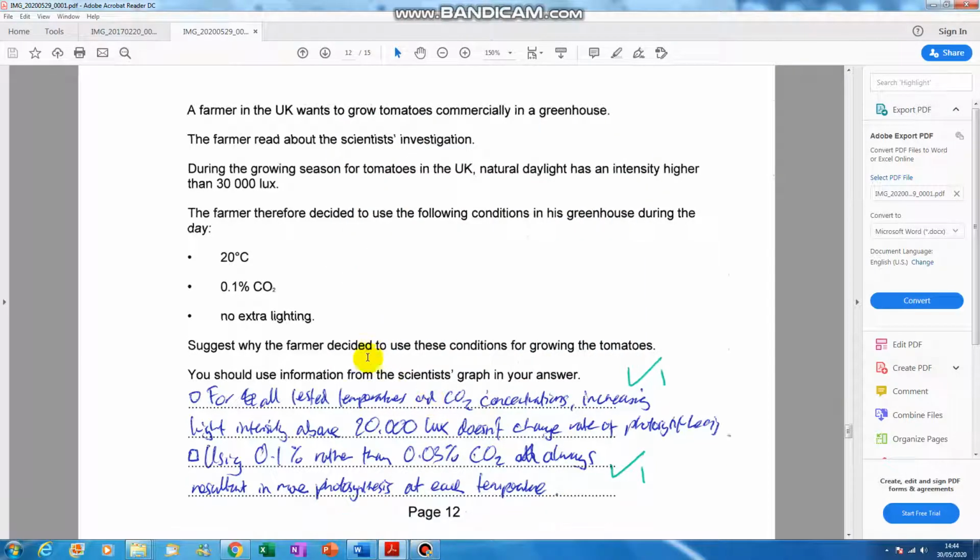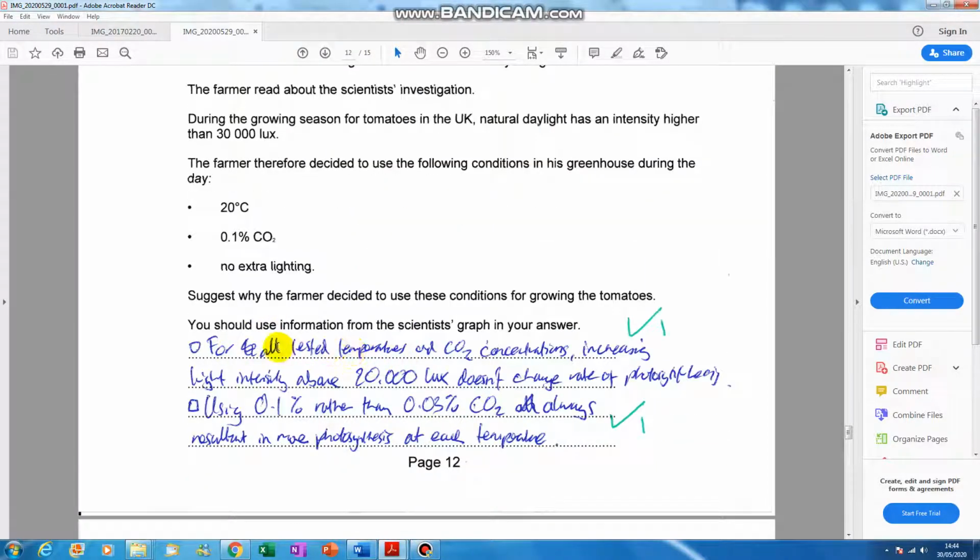So first thing I said, for all of the tested temperatures and CO2 concentrations, increasing the light intensity above 20,000 lux doesn't change the rate of photosynthesis, and that's justifying why 30,000 lux would be sufficient. If you went less than 20,000, it would slow photosynthesis down, but if you're above 20,000 lux, it would have no further effect. So